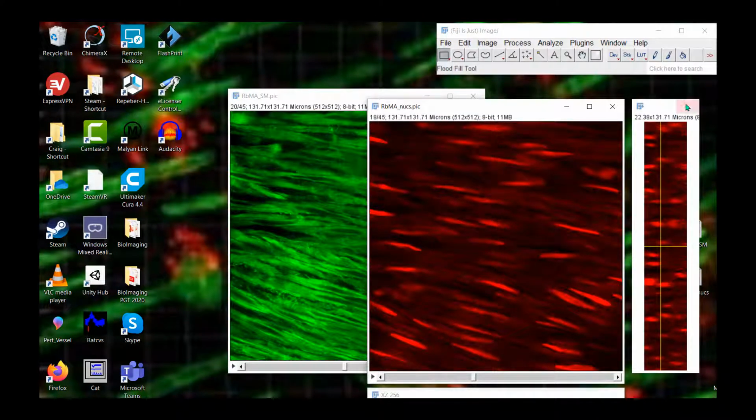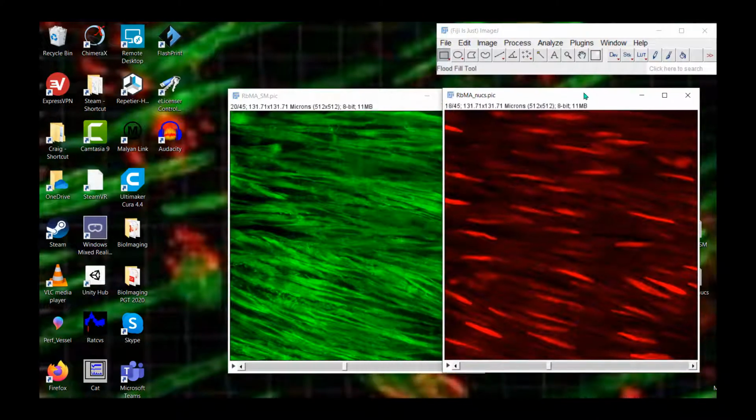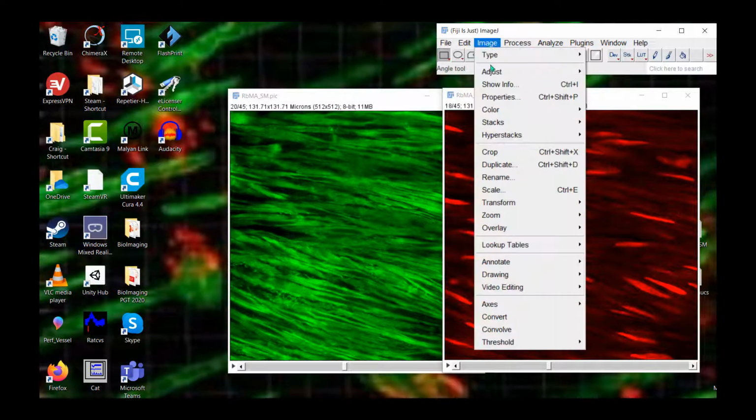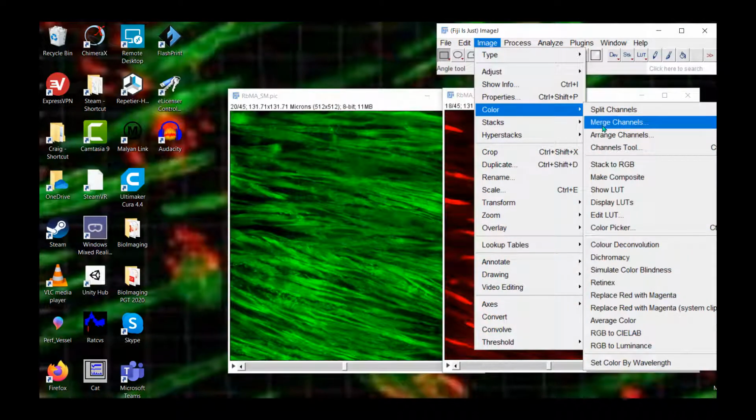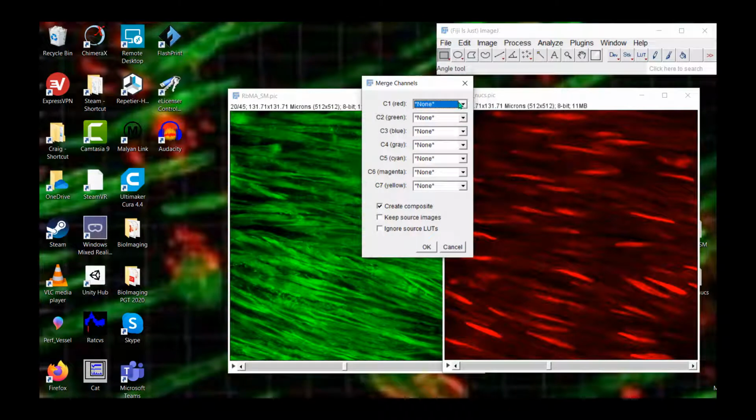Okay, so we've got our 2 channels, and I probably would want to merge these 2 channels. So I go to Image, Color, Merge Channels. My green channel is my smooth muscle cells. My red channel are my nuclei.